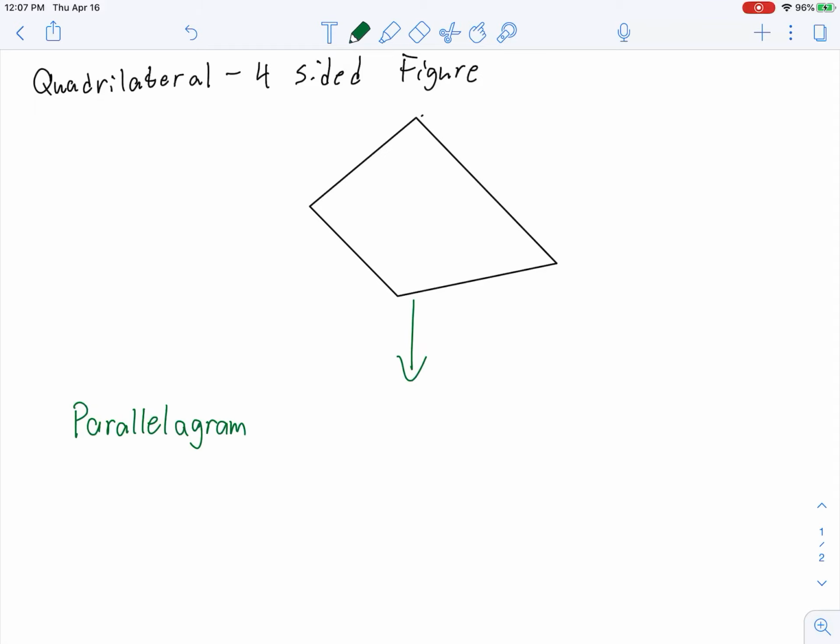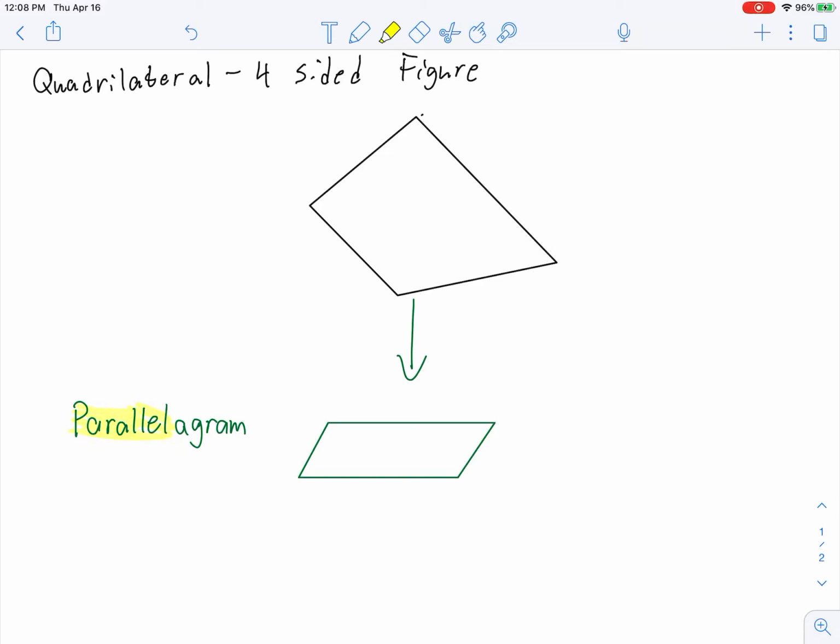Okay, a parallelogram is basically this shape. If you were just to kind of describe it, it looks kind of like a slanted rectangle. Well, the thing about a parallelogram is that the word parallel is in it,